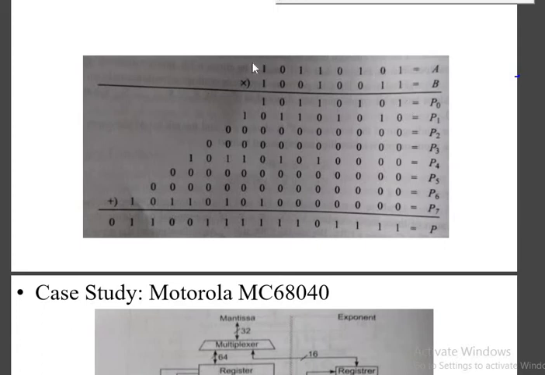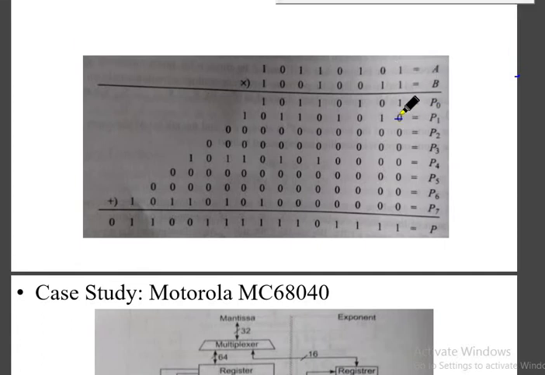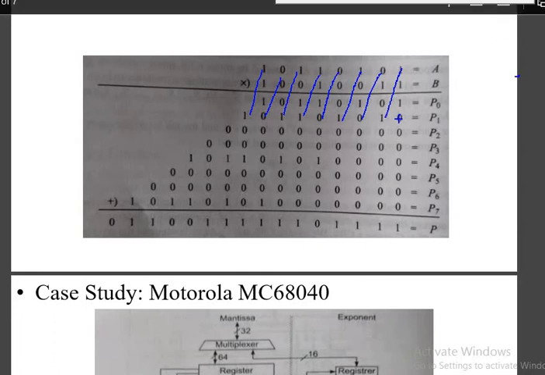See, 1 with all bits, so that means what I will get? All information as it is. As I go for the next step, we used to write a plus here, like in our school days. So the next number is 1. If I multiply with 1, I will get all the values as it is. You can see here, this 1 is here, this 0 is here, this 1 is here, this 0 is here. Okay, fine.